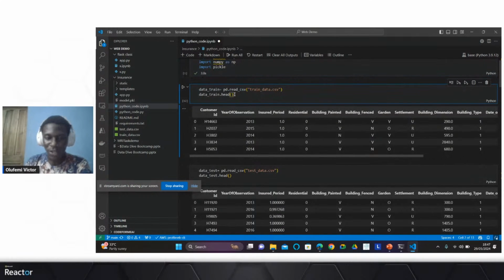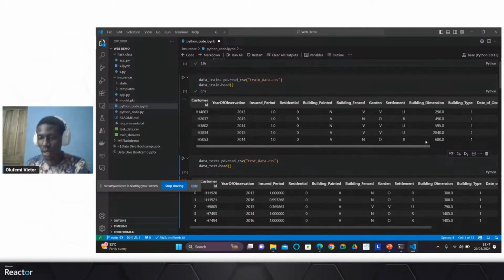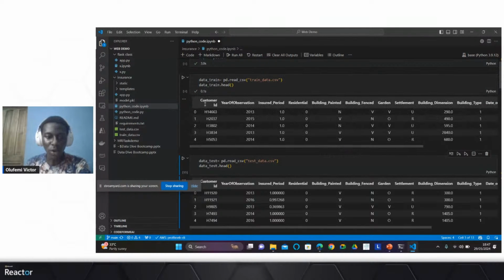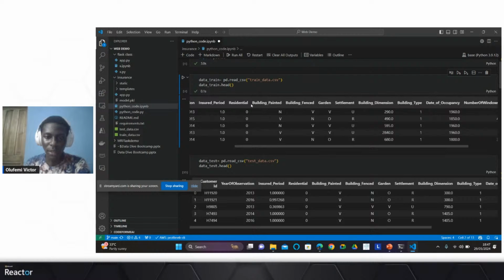And of course you can run pd.read_csv on the train data, which then shows you the train data set. And of course, if you look closely, you have the customer ID, year of observation, the insured period, for how long the house has been insured, if it's a residential house or in a residential area, right?